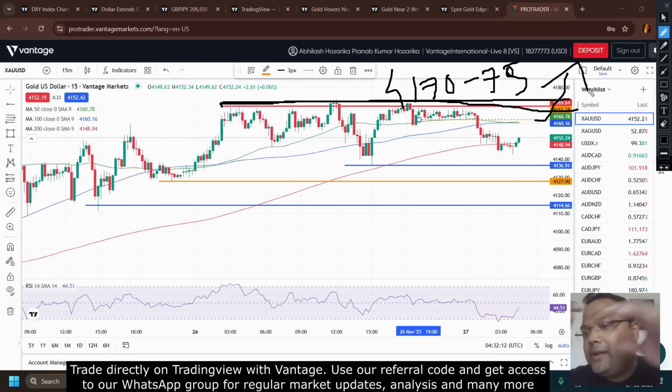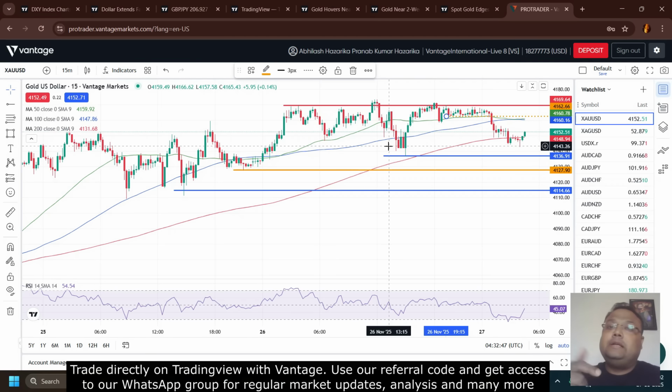Day trader scalpers may find some selling opportunity at 4161, 4162, this dotted line here. Keep in mind, the market is choppy. As I said, after hitting some stop losses, or after hunting down some stop losses, the market may reverse. Then you can enter, because this is a market which is not very easy. So be careful.